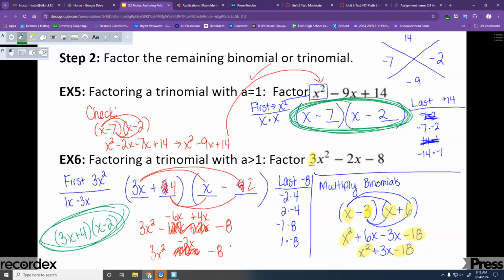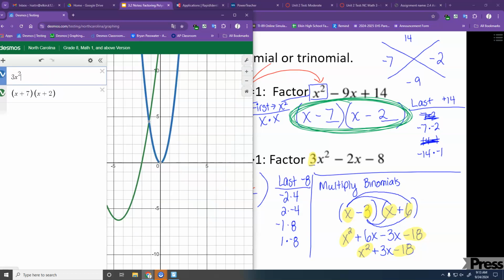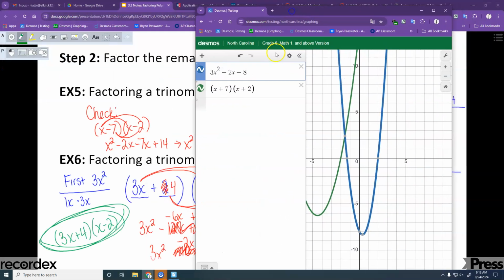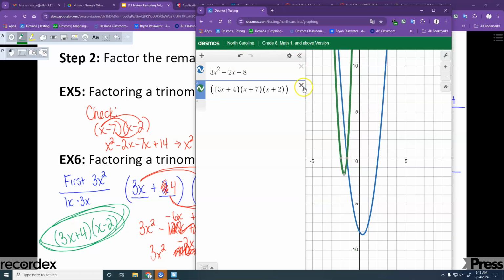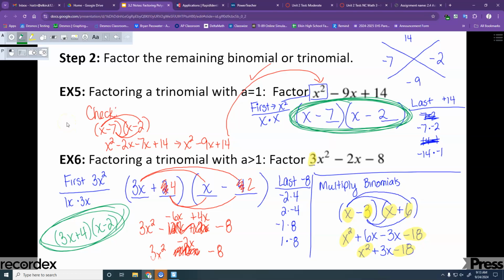It doesn't matter there. If we check to make sure we did it right with Desmos, it looks like this. We type in our original 3x to the second minus 2x minus 8. And then we go over here and type in our answer, 3x plus 4 times x minus 2. And you can see they're the same graph there. So that lets you know that at least you didn't mess up on it. Sometimes you may have missed the greatest common factor if you do it that way, but you have not got it